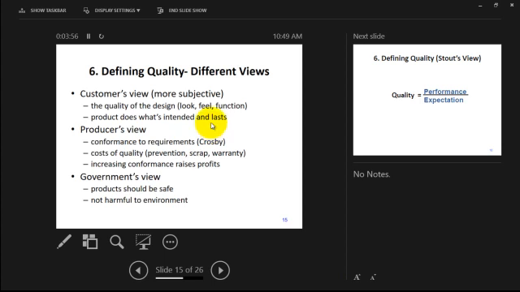According to the different views of quality, some define quality from the customer view, it's more subjective. Customers nowadays become very quality conscious, and they are searching for good quality products. That's the reason there is a huge competition among different organizations for quality. The customer's view is very subjective. The quality of design is